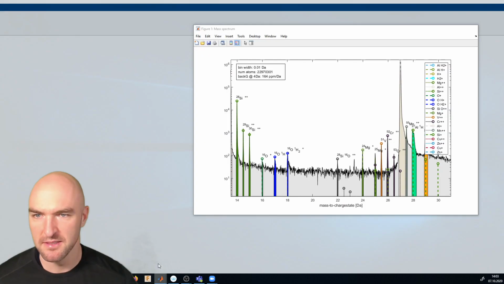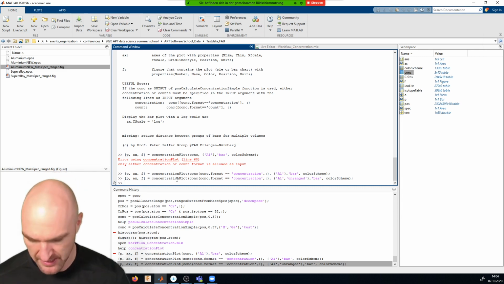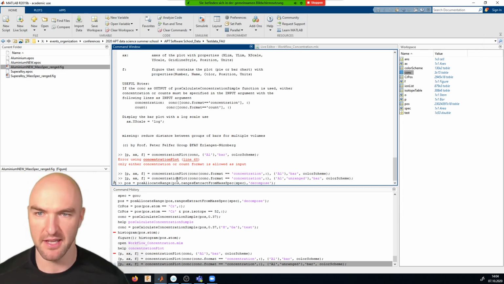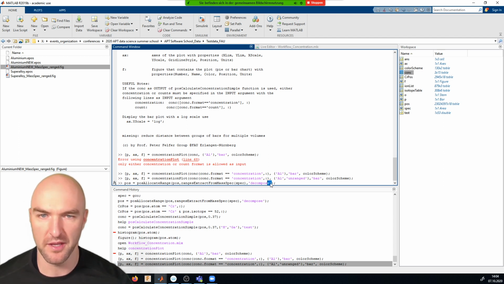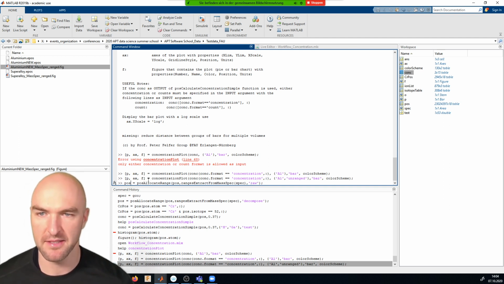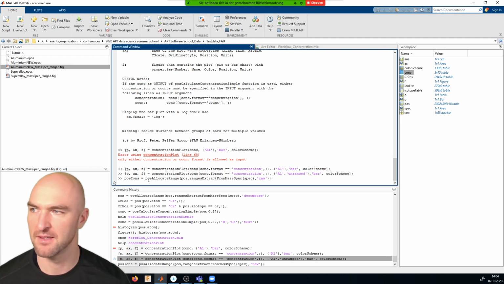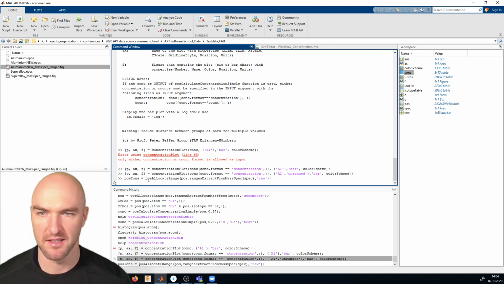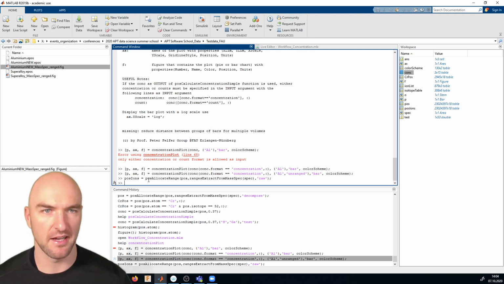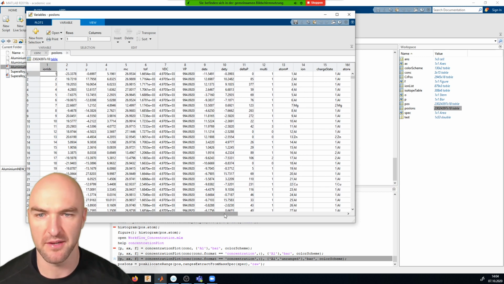Okay. So as I said, we have the ability to do the concentration plots a couple of different ways. And let me just create a POS file where we do not allocate. I'll just call it POS ions. In the POS ions, you can see we only we do not have the